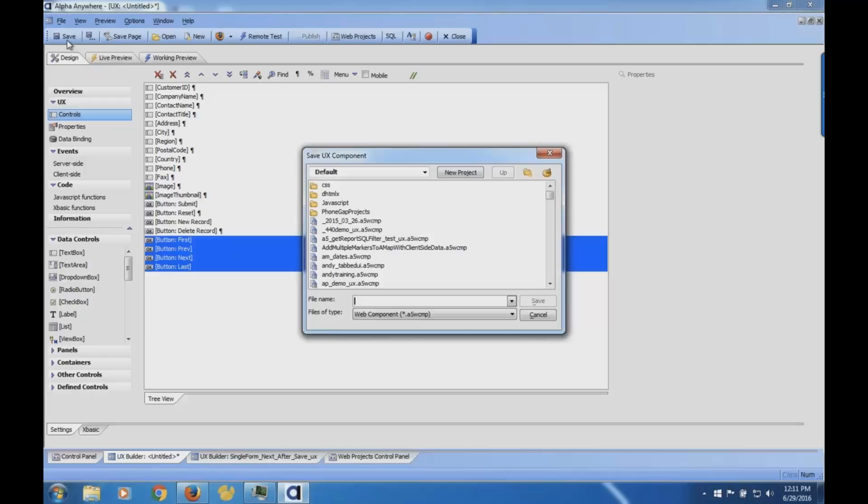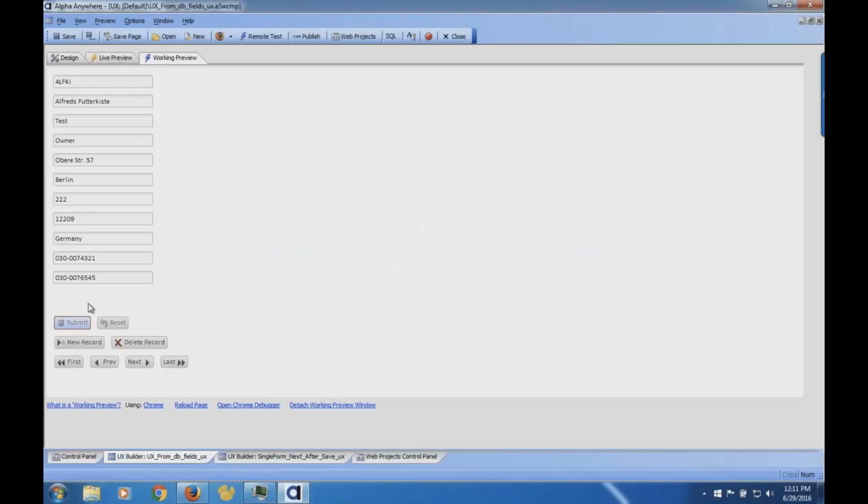Okay. So now if I go in there and I show you how this works, you'll notice that all of a sudden I have all my data. I can click next, next. It will walk me through all those fields. Very easy to do. If I want to, I can go in here, modify some data, click submit. And you'll notice that it submitted that data back to the database, and I had to do zero coding.